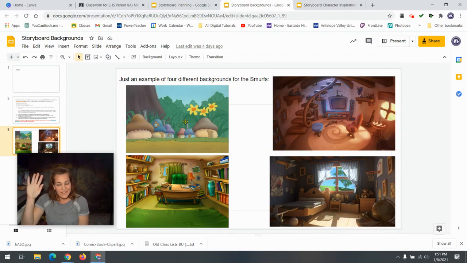How many of us actually download things only to forget where we put them? You go to find it later, you want to retrieve the image and you can't find it anywhere, and then you have to go back to Google search and research those images. So to keep you from having to go through that again, if you just download it directly into the assignment Storyboard Backgrounds, you will have an area there where you will be able to locate your image and use it from that assignment. You can thank me later.